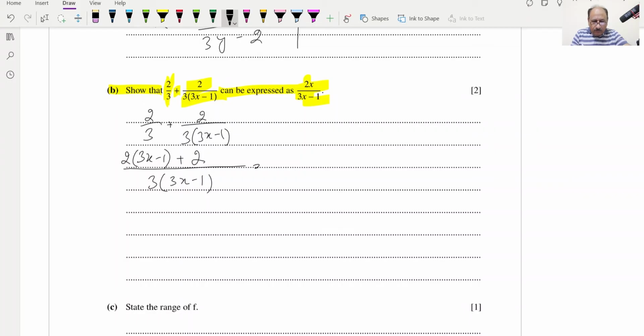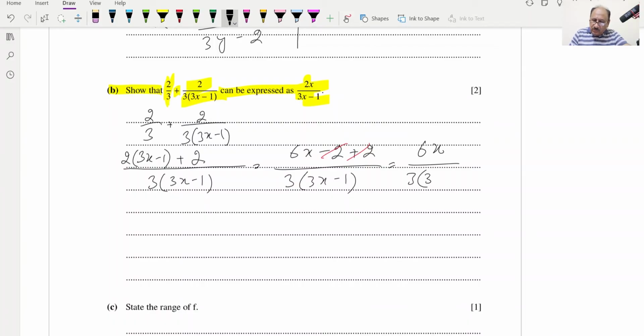We can open the bracket in the numerator, so it will be 6x plus minus 1 minus 2 and plus 2, divided by 3 into 3x minus 1. Minus 2 and plus 2 will be cancelled, and this 3 can be cancelled. So next step we will cancel 3, so it will be 6x